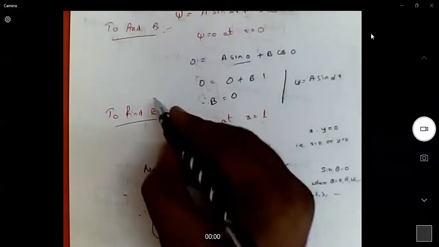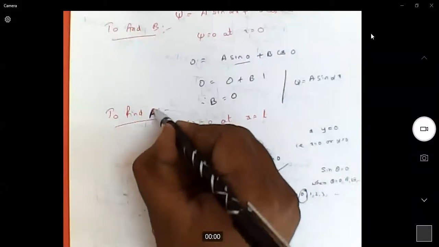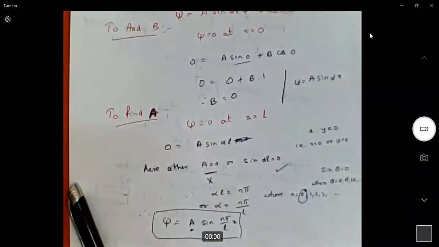This is not B, this is A, to find the value of A. We started to find out the value of A, but it is not completed, right? Now, how do we find the value of A? Of course, we have already substituted the limits, but from that, we did not get the value of A. Then how can we get the value of A?